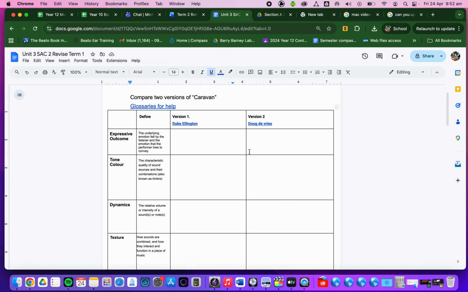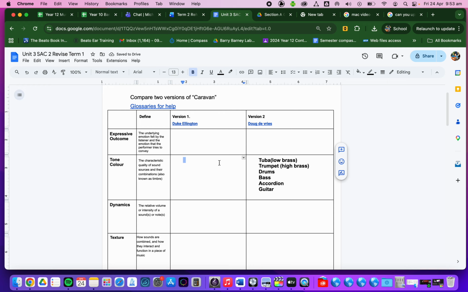So tone color, I spoke about that before. For the Doug DeVries one, we had like a tuba or low brass, we can call that. Could have been a trombone, but maybe it was a tuba. I think there was a trumpet mixed in there potentially. So again, that's like a high brass if we wanted to be more broad. What else did we have? We had drums as well. We had bass. Accordion was playing the melody, if you recall. Have a listen back if you don't remember. And there was also guitar.